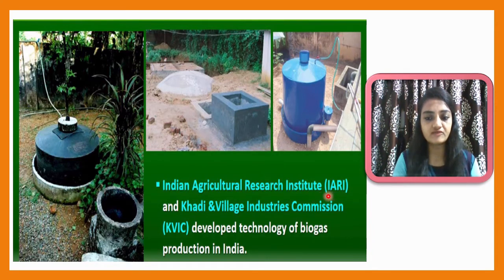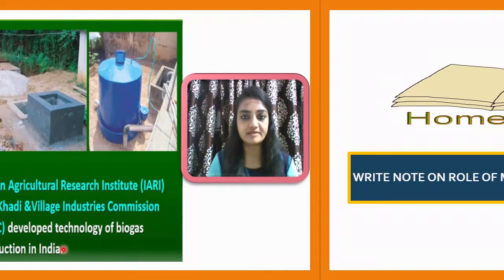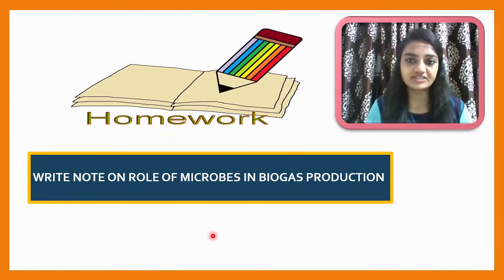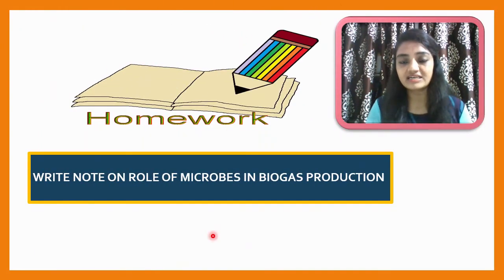So what is the full form of IARI? Indian Agricultural Research Institute. And what is the full form for KVIC? That is Khadi and Village Industries Commission. These two developed a technology for biogas production in India, and also they are conducting some awareness programs to make people aware. This is the homework for today's lecture, and before we finish this lecture, let me